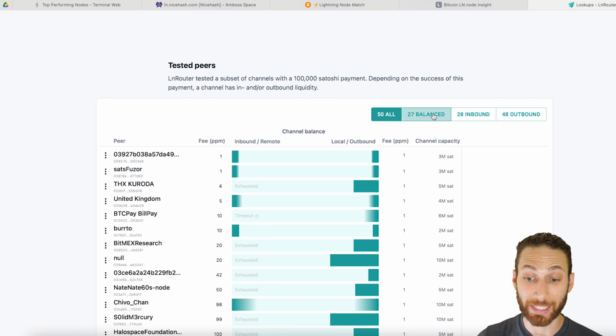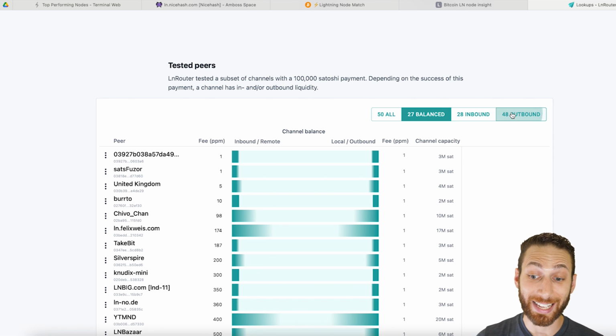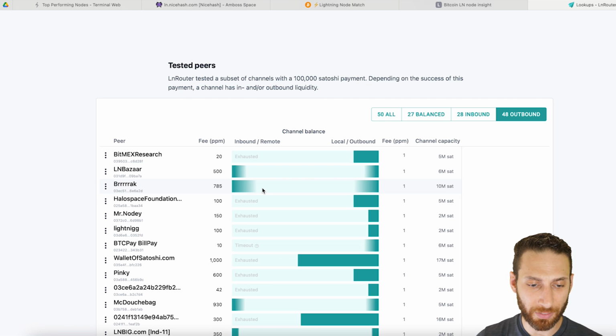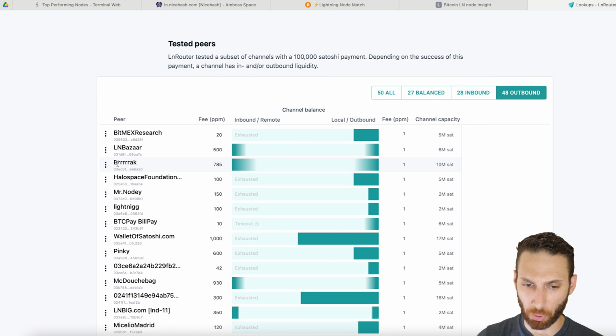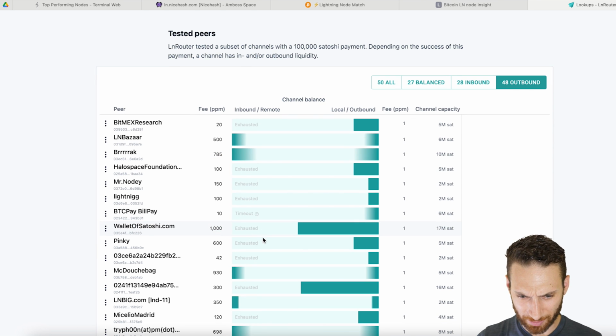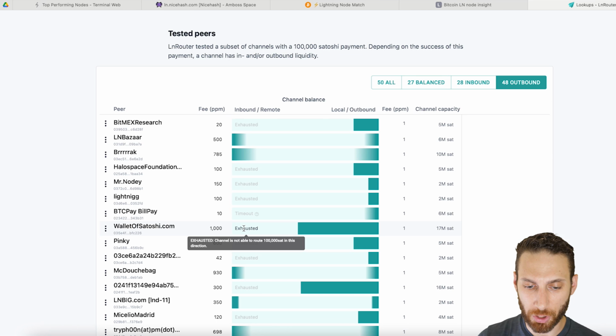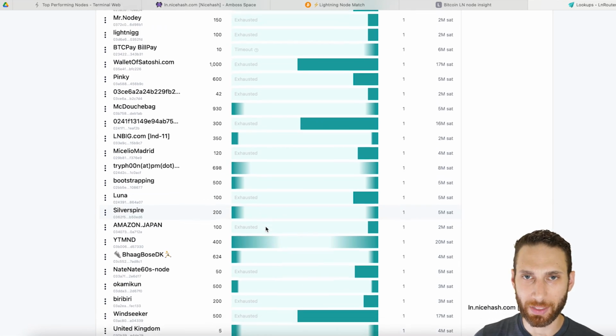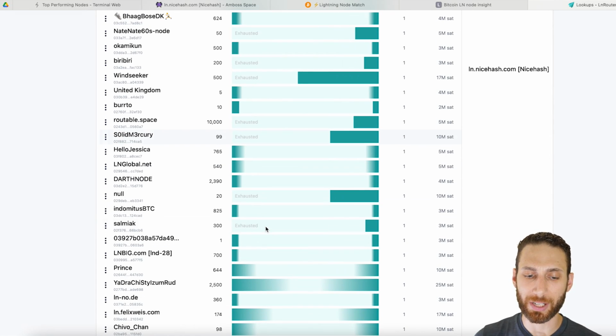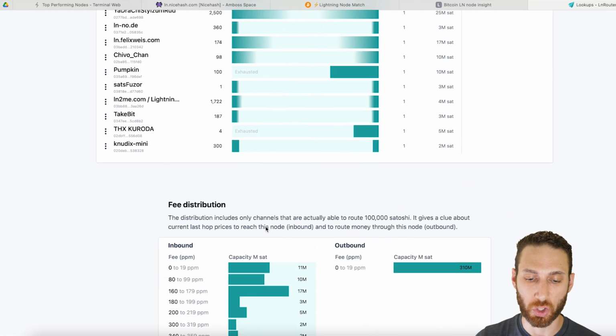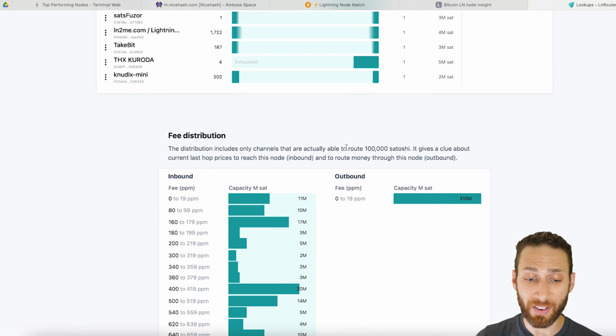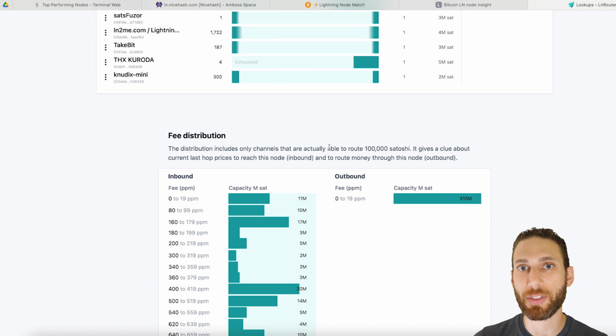Now, what's really interesting here is I can look and just see some of their balanced channels, and I can see some of their outbound channels. So they have a ton of outbound liquidity to Brock, and the fee is $7.85. They have a ton of outbound, and they're, oh, not a ton. They have exhausted. They cannot route 100,000 sats in this direction to Wallet of Satoshi. So I would have to go into this a little bit deeper and understand it a little bit deeper, especially looking at the channels that I have versus the channels that they have, and the liquidity that I have versus the liquidity that they have. However, it is valuable to understand, am I going to be able to provide them some liquidity that they don't already have, which therefore means that they would